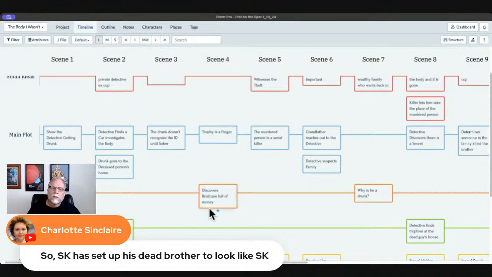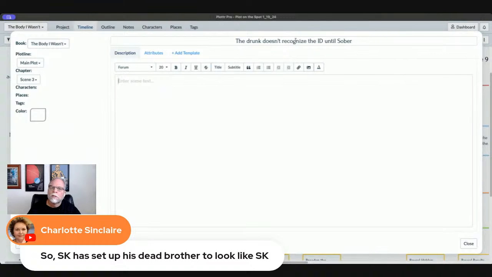Okay. So he doesn't recognize the ID until sober, doesn't realize who the suspect is, and we'll just say